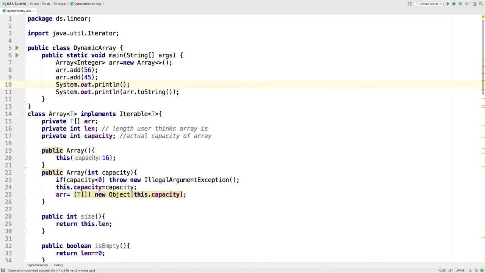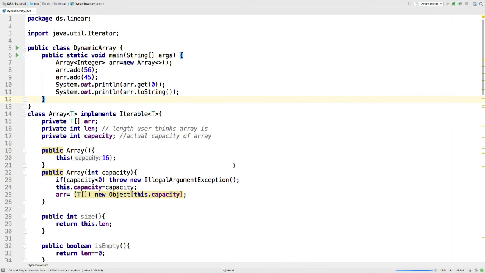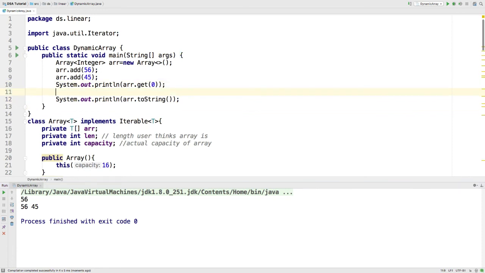So I'll say System.out.println and arr.get, and let's get the element at the 0 position. Let's run. So we got the element at 0 position as 56. So that means this is fine.